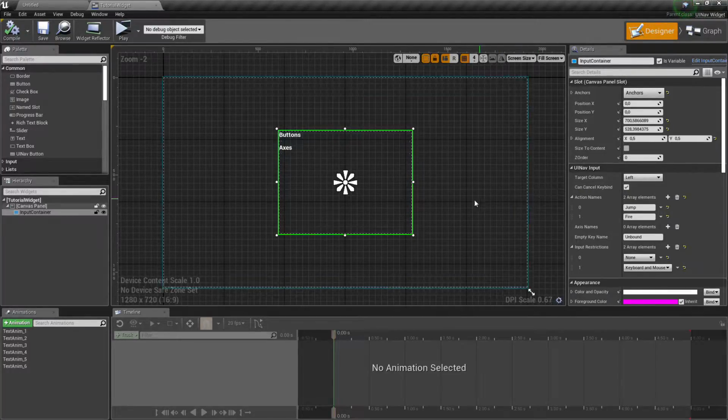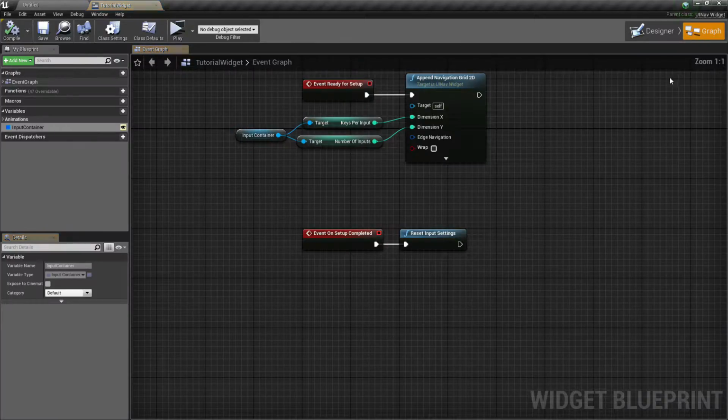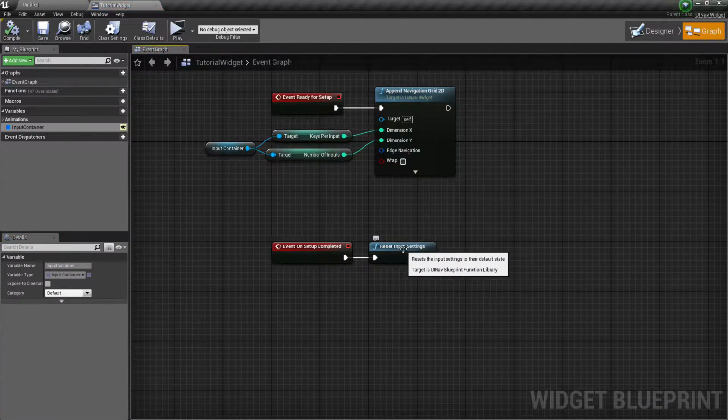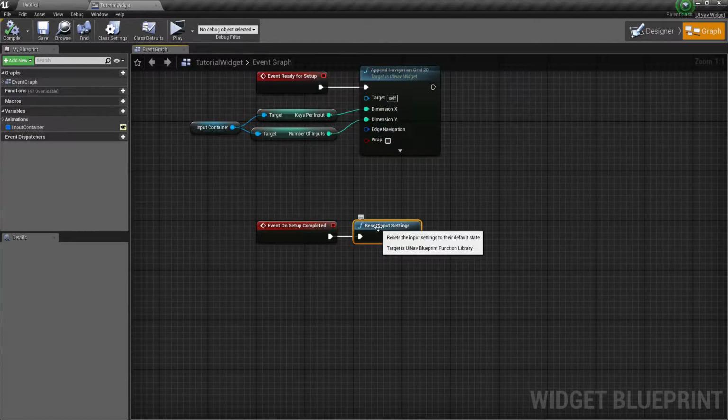Keep in mind that you should only have one input container in your UI nav widget. If you try to have 2 of them, you will get an error. And finally, you can reset your inputs to their default state. So this is a UI nav blueprint function library function, and you can call this to reset your inputs to